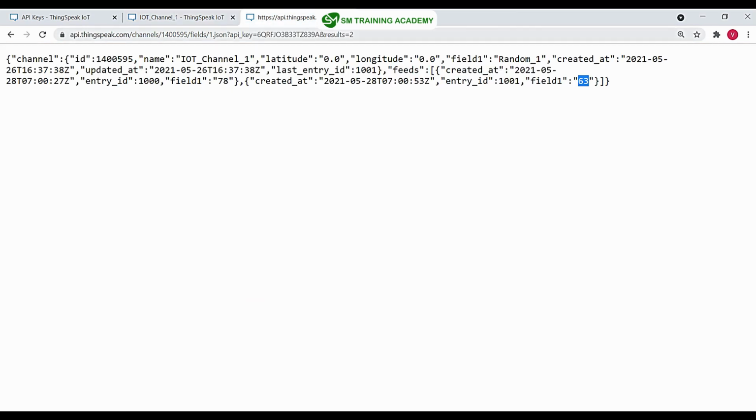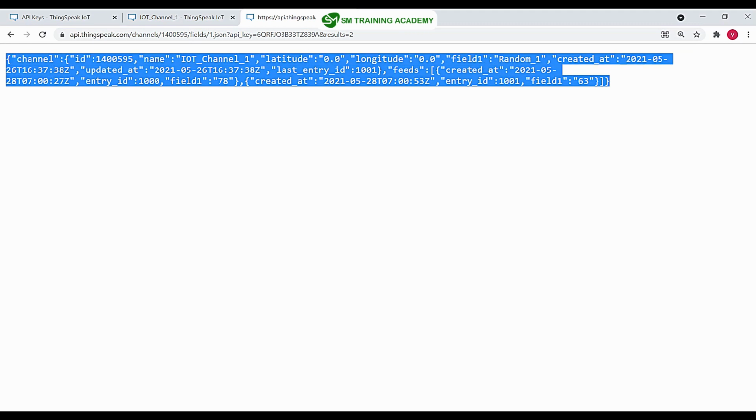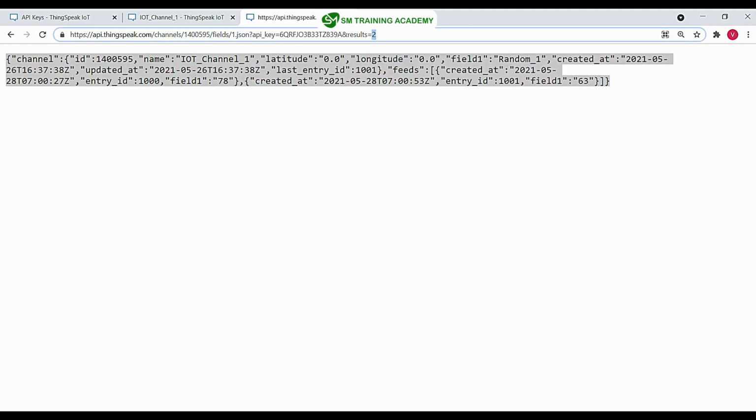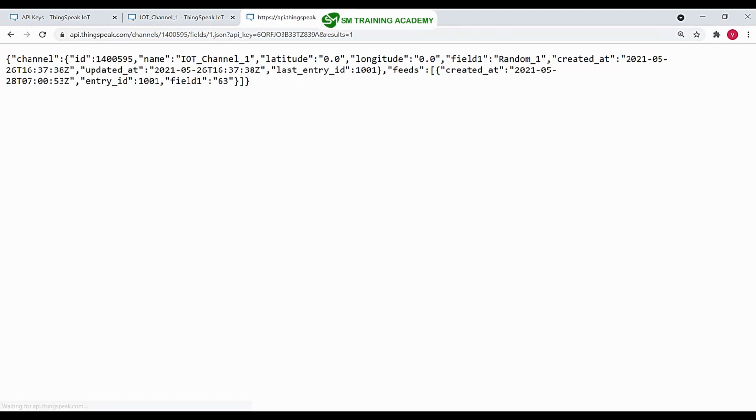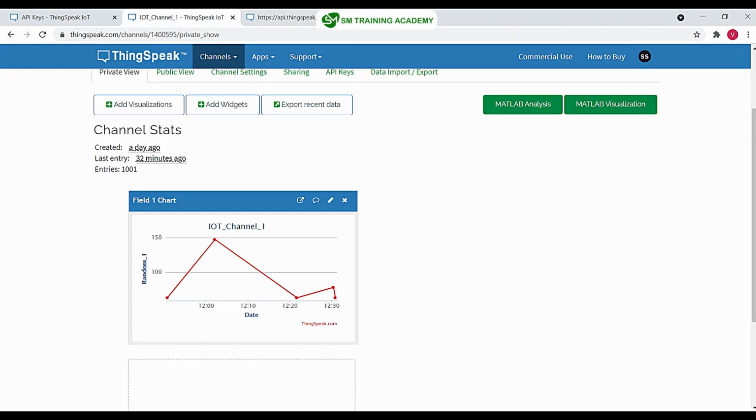In this manner you will receive the data as a whole string as a response from the ThingSpeak server. Now when I try to read only one data by writing 1 over here, you can see I only read this 63, which is the last updated data.